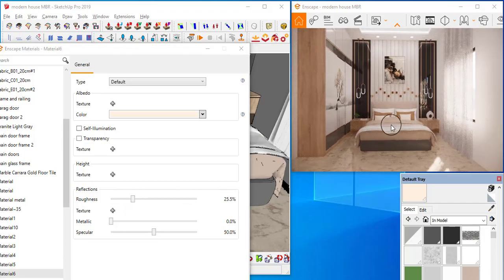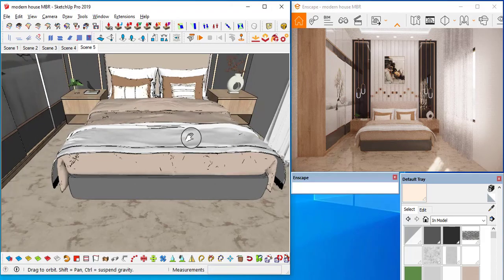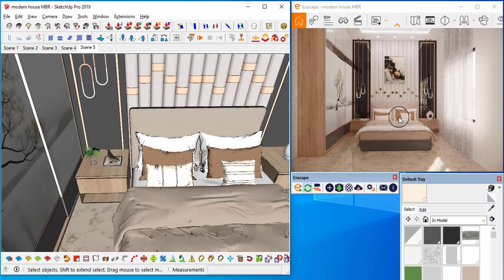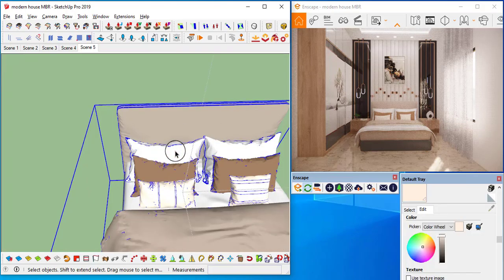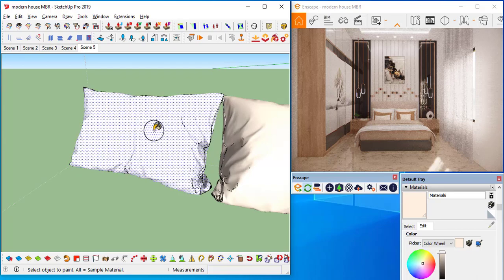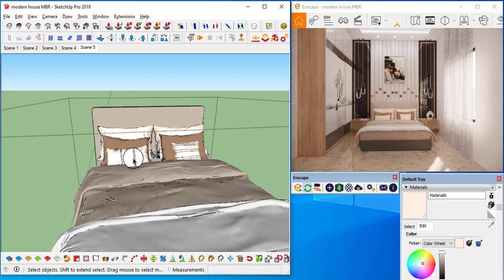Here I didn't use any textures on it. So for this, I have used the glossiness on it, but it is not that noticeable, right? So I am going to apply these colors on these pillows. Either you can use the texture or this kind of metal, textured fabrics on these pillows.